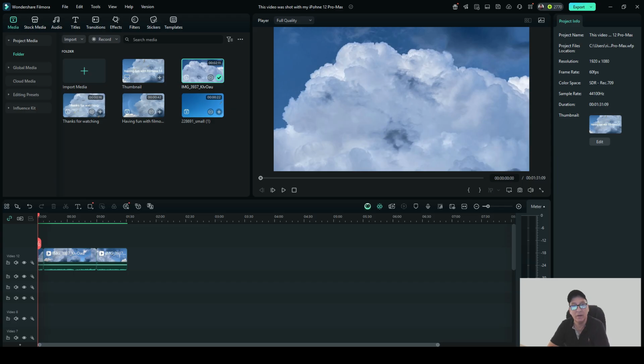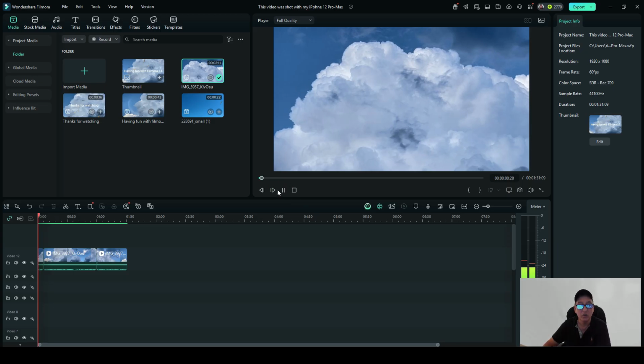Today I want to talk about having a little fun with Filmora 14. As you can see over here in the user interface, I have a picture of a cloud. Actually, it's a video still. I shot this with my iPhone 12 Pro Max, and I'm just going to let it go really quick here. As it's playing, I just want to talk about spicing it